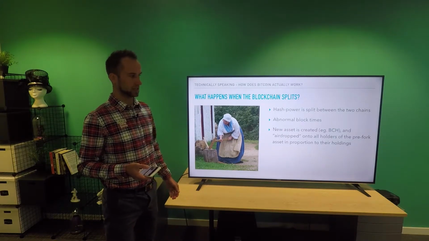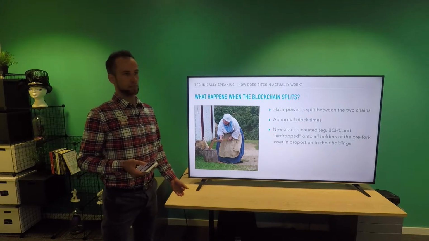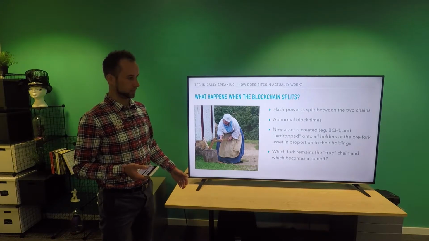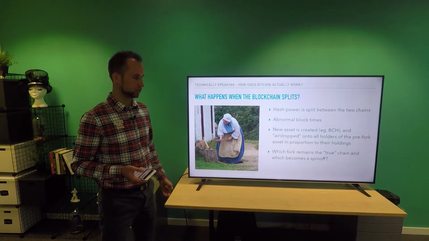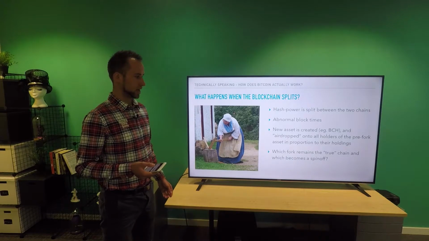A new asset is created, for example Bitcoin Cash, and it's airdropped onto the holders in proportion to their holdings. But the question remains, which fork remains the true chain and which is a spin-off? And that's not an obvious